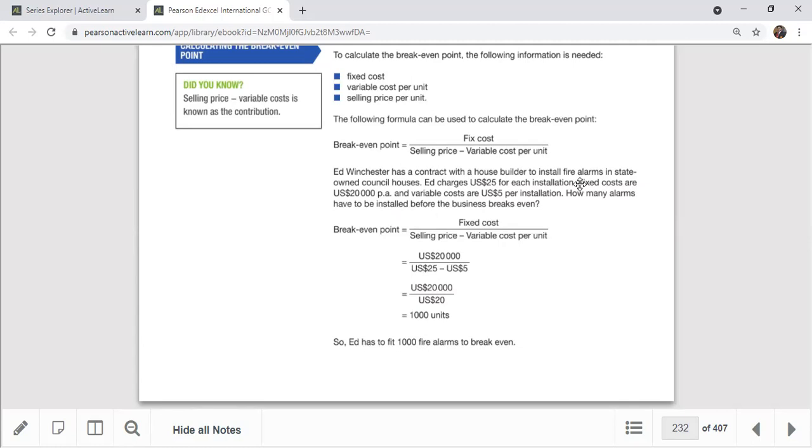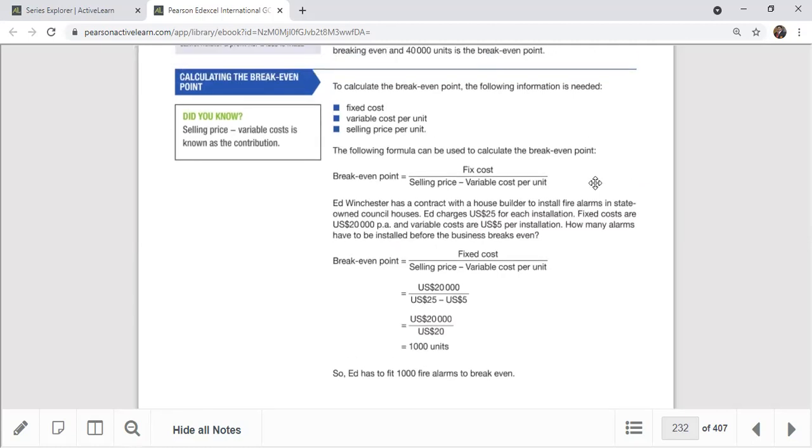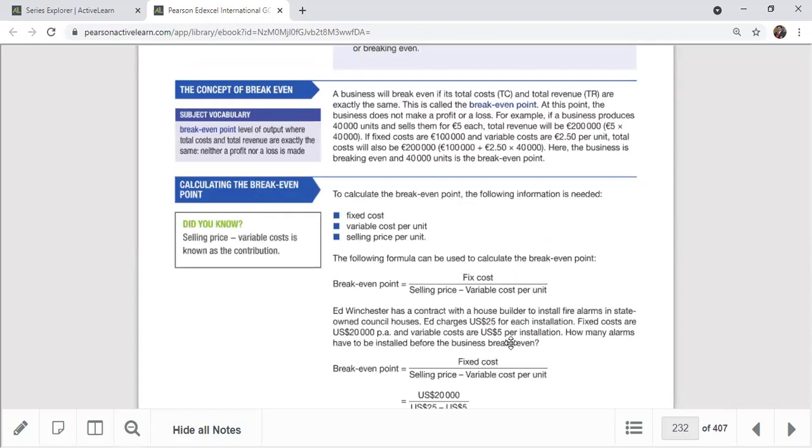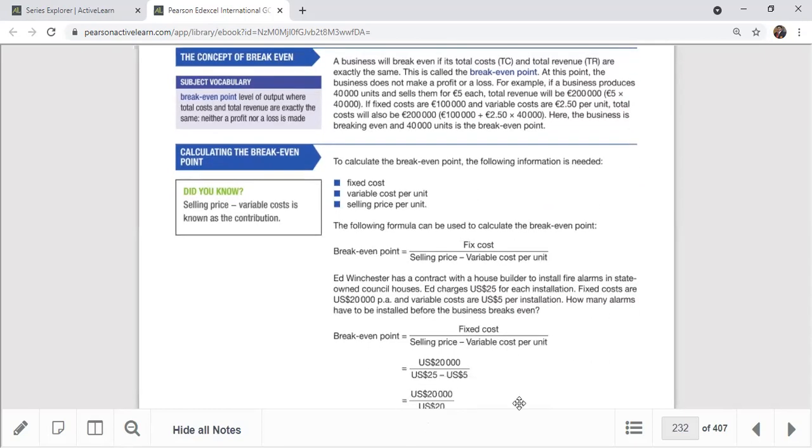So I think that's it. The main break even concept you understood today: break even is the situation where there is no profit and no loss at all, right? In my next session, I'm going to explain in a graphical way how break even can be found, and the limitations of these graphs, the limitations of the break even concept, advantages, and disadvantages. We're going to discuss that in my next session, guys.